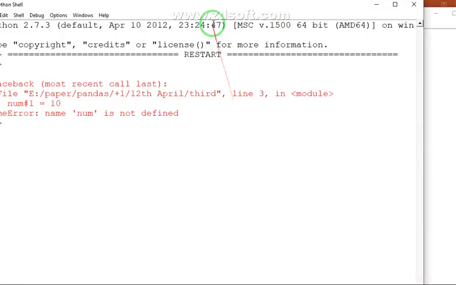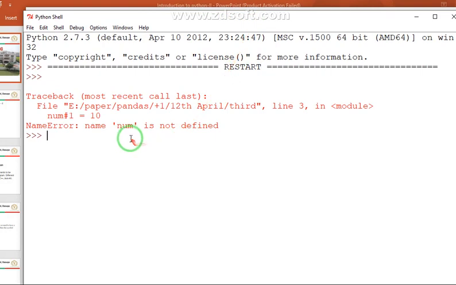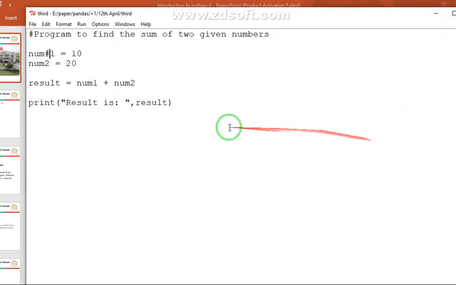You can see students here that num is not defined now, because we have used a special character. So special characters are not allowed. We cannot start it with a number, and a variable can have alphabets, digits, or be alphanumeric. Alphanumeric is like num1, an example of an alphanumeric variable.